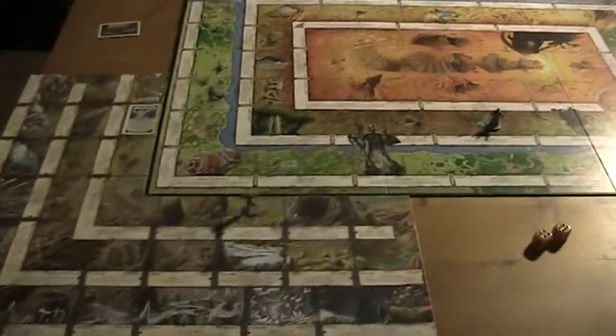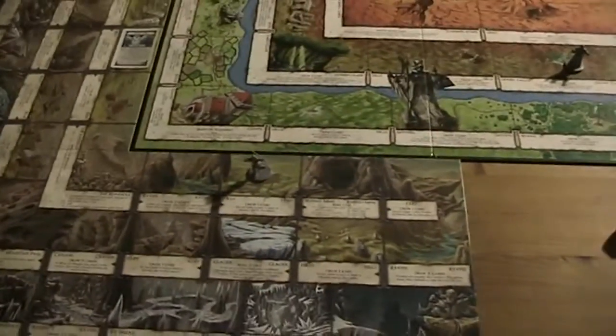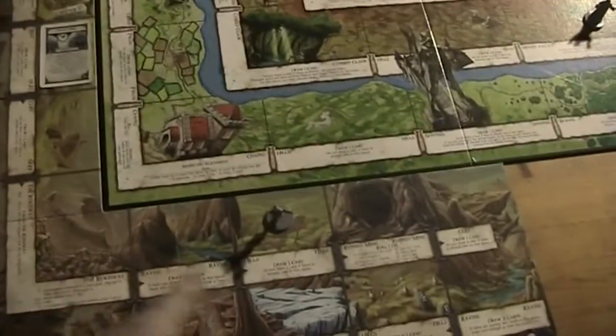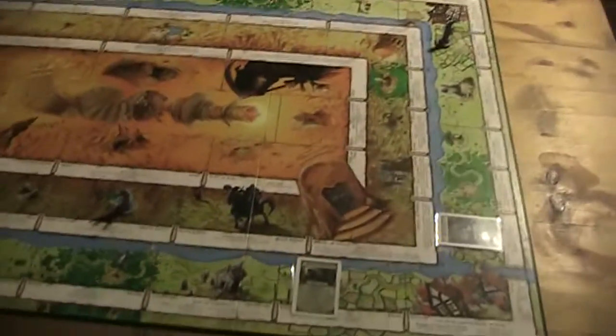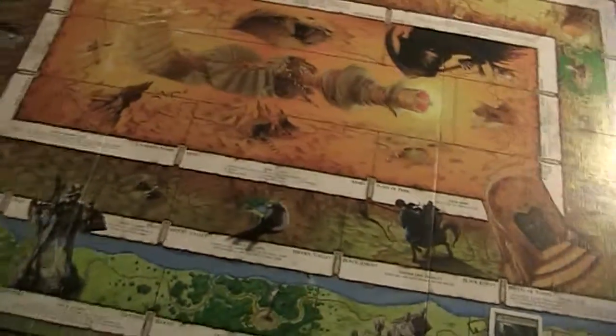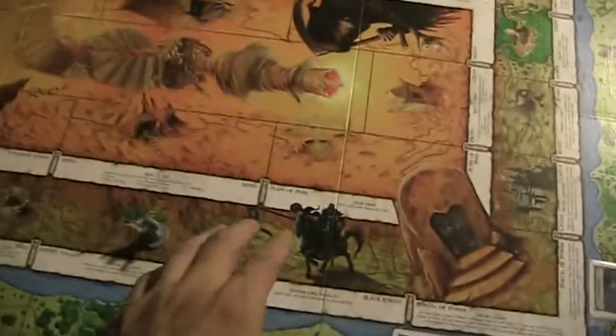As you can see, we got our first expansion board here. It's the Highlands, and of course a Highlander went into the Highlands. He's got the advantage here that there are some hills where he can draw 2 cards each time. The other characters, well, the Warlock is doing really good. He has a very strong craft of 6, and he's in the middle region,